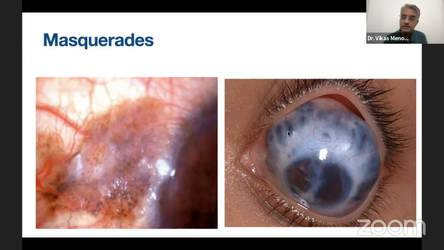Then sometimes we have these ciliary staphylomas, which are referred to us as cases of conjunctival melanoma. But if you look carefully, you will see a normal-looking conjunctiva overlying, but you will see that the pigmentation is coming from the subconjunctival area, from the ciliary body. And this is thinned-out sclera, and what you are seeing here is the choroidal hue, or the choroidal pigmentation, through the thinned-out sclera.